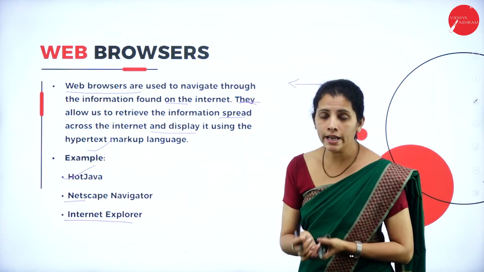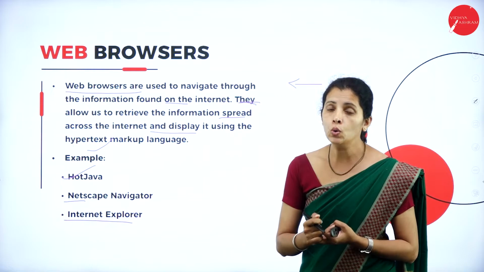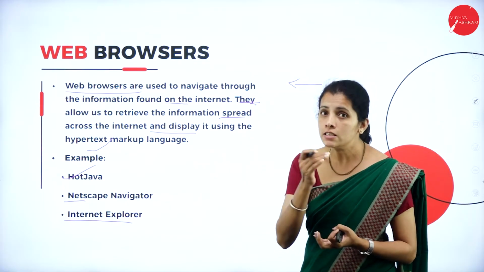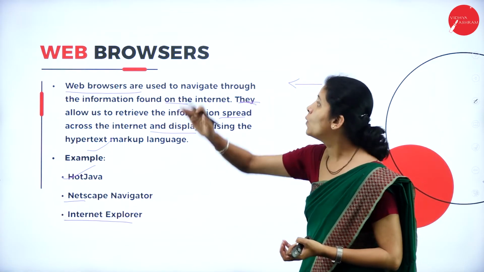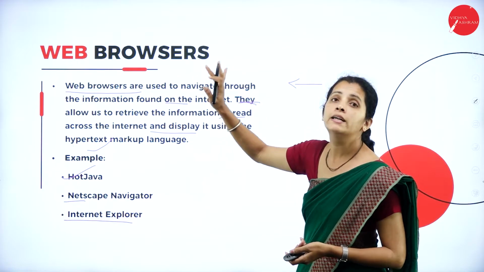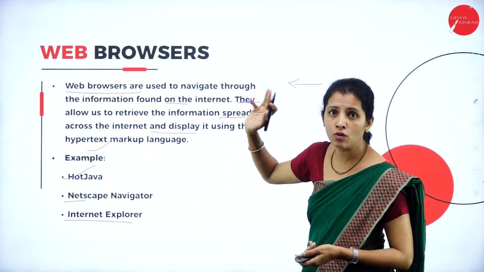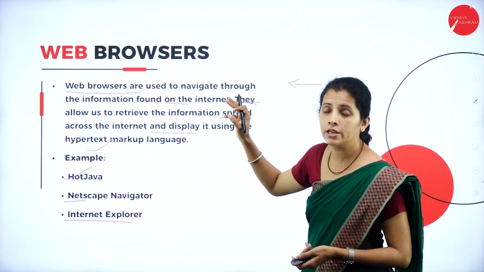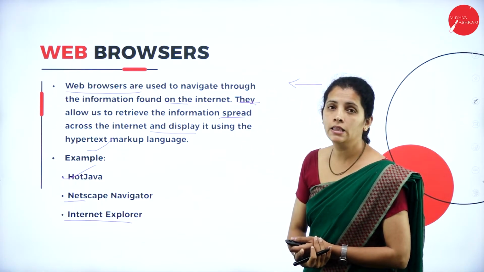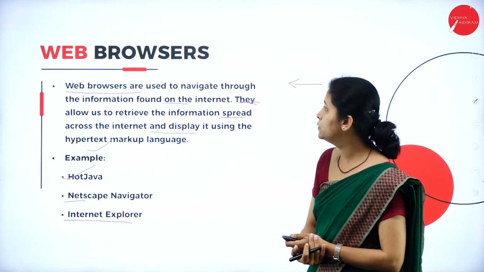But nowadays we have Google Chrome, Opera, Microsoft Edge. These are examples of web browsers. So what is a web browser? It is nothing but the application software used to retrieve the information which is stored in the WWW.